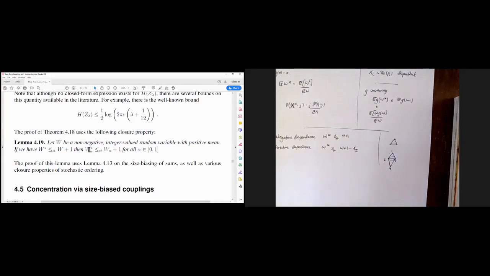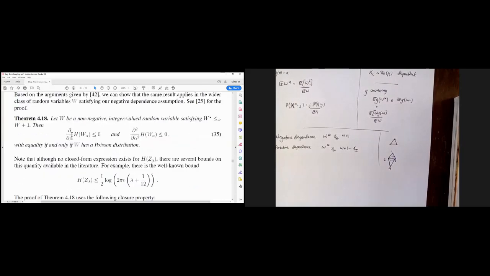So once I've drawn this path, I know that all of my random variables along that path satisfy this monotonicity condition, and I can use that to show that as I go along that path from alpha equals 0, where I was Poisson, to alpha equals 1, where I had W, my entropy is decreasing, and